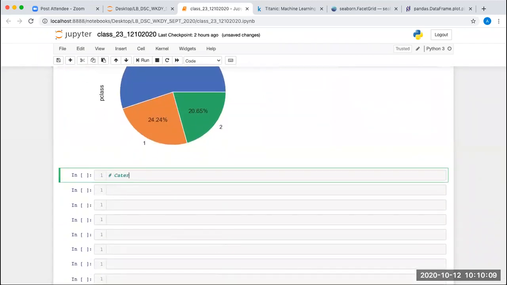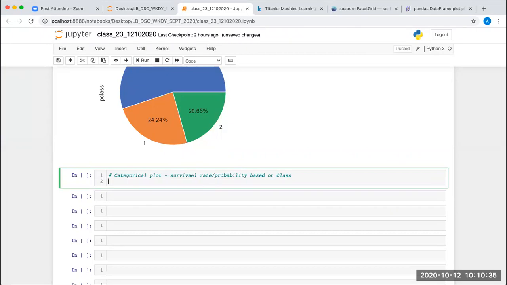So basically now we are doing a categorical plot, survival rate or probability based on class.